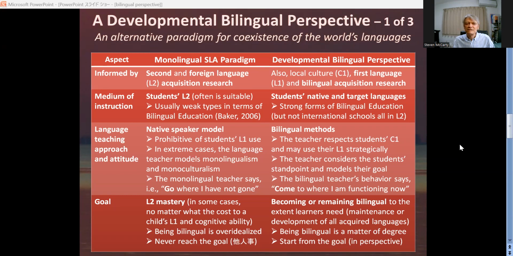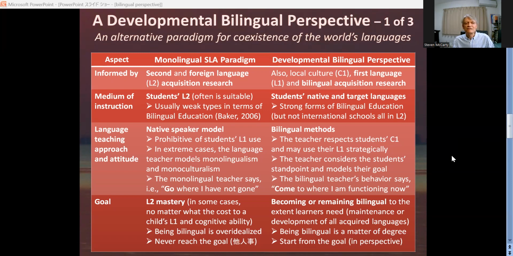So using a lot of the target language, trying to gain a balance, really, then you get into the strong forms of bilingual education. But it's not just to go to an international school and then learn only in the second language. Then students may lose a balance there. So bilingual education means teaching in two languages. So that's what the medium of instruction is, and why it's so important.